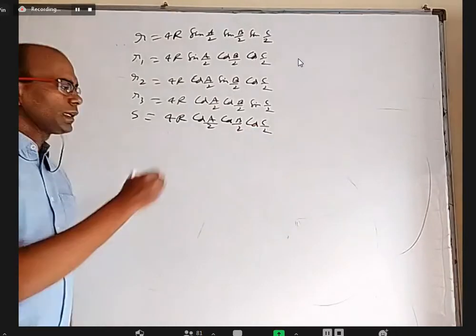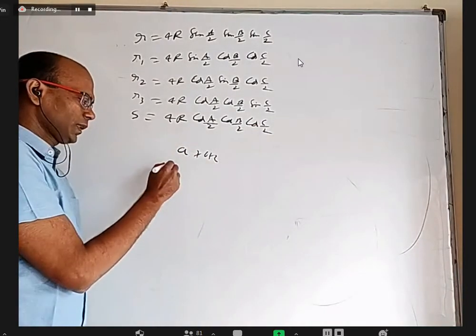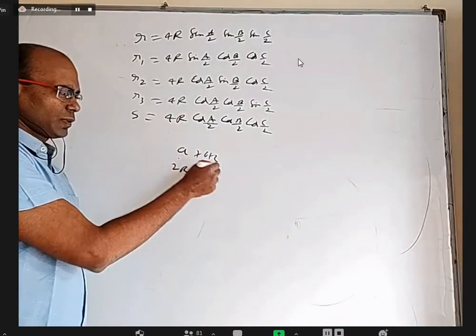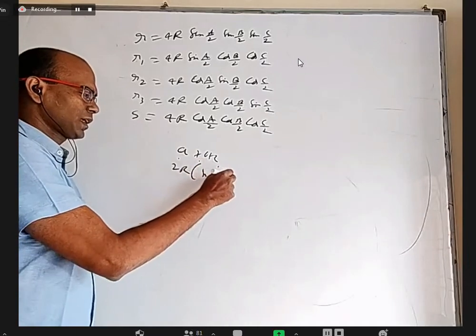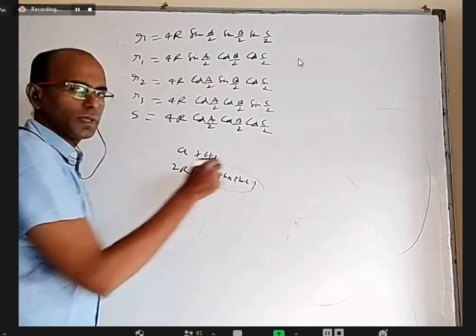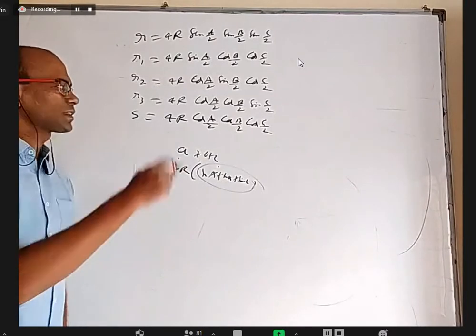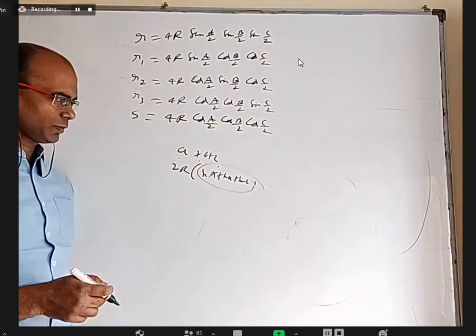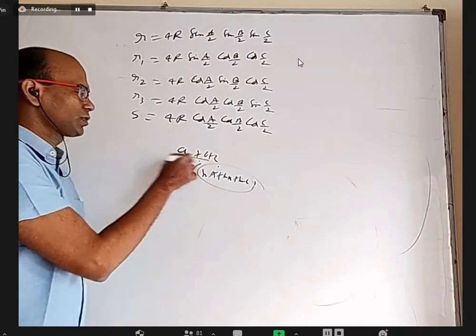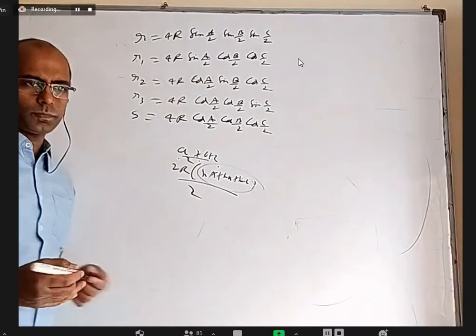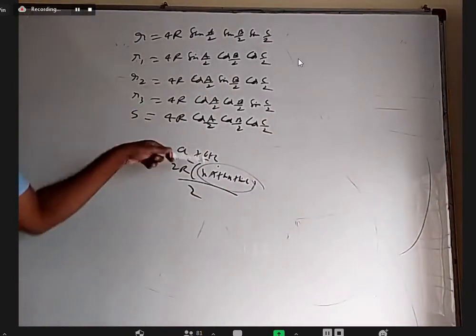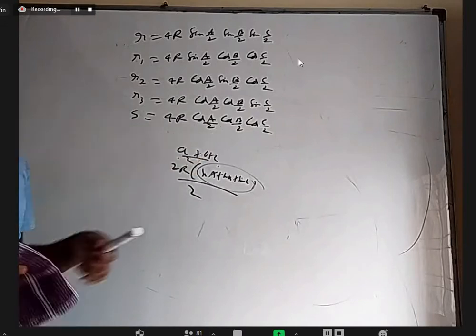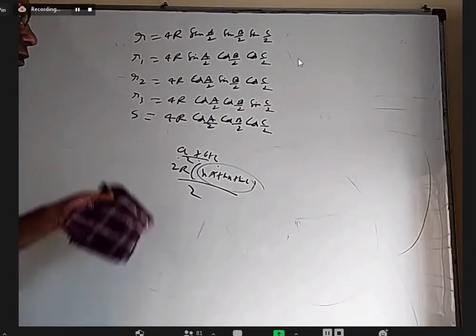How is that? S is equal to A plus B plus C by 2. You take 2R sin A, 2R sin B, 2R sin C common, you'll get sin A plus sin B plus sin C. According to transformations in a triangle, sin A plus sin B plus sin C is 4 cos A by 2, cos B by 2, cos C by 2. But this by 2 is also there. They just look similar, that's why I wrote. Otherwise, S equal to this, we don't use that often, so may not be so important.